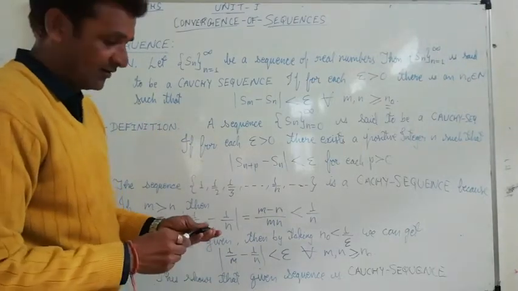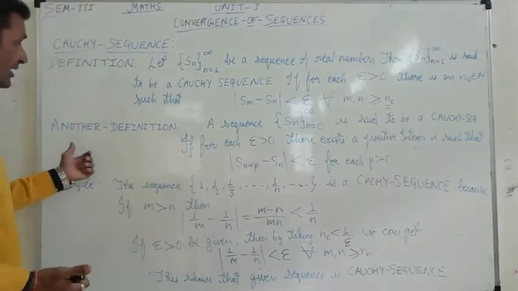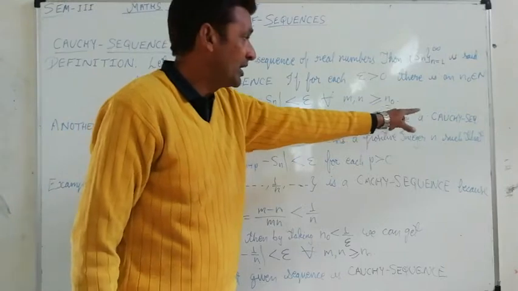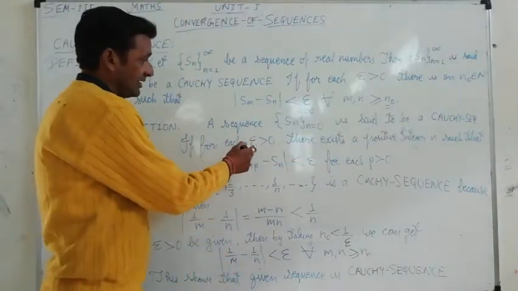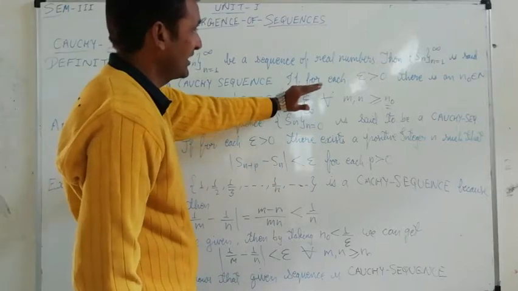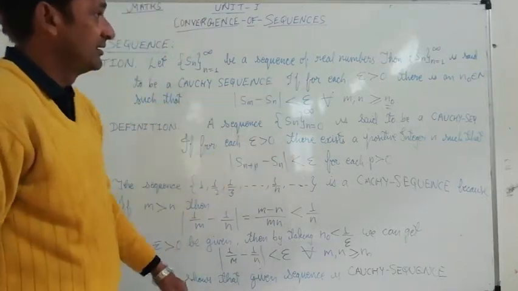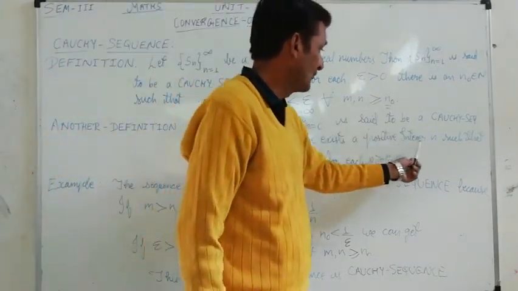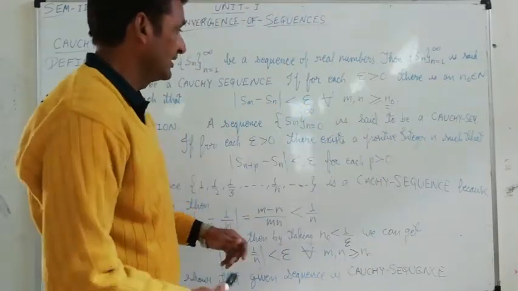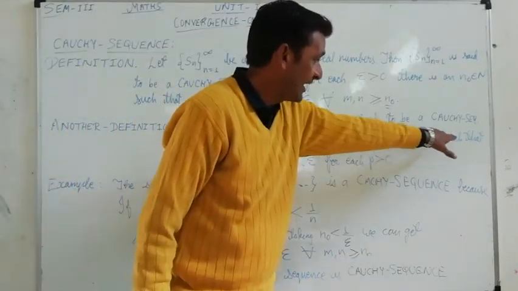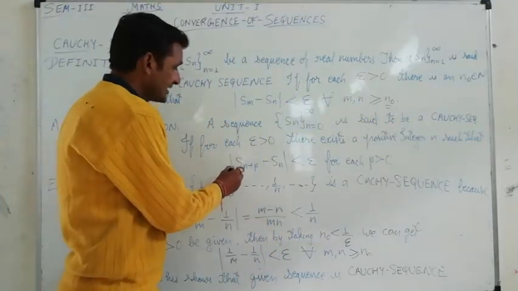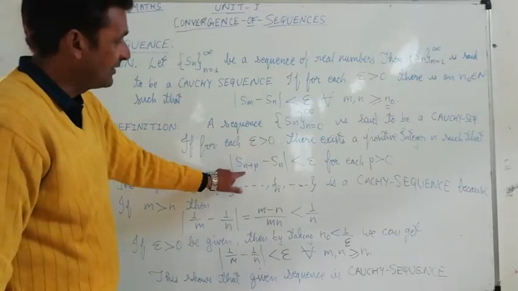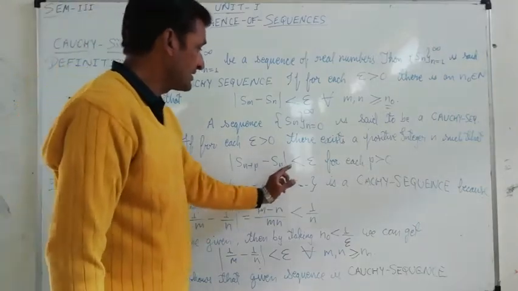Once again I am explaining by another definition. A sequence {Sn}, n from 1 to infinity, is said to be a Cauchy sequence if for each epsilon greater than 0, up to here it is just like the previous definition, there exists a positive integer n such that, here in place of m we have written n plus p, mod of Sn+p minus Sn is less than epsilon